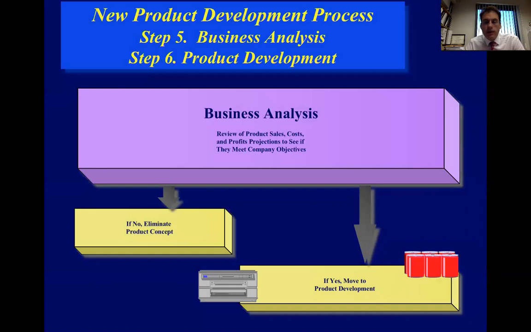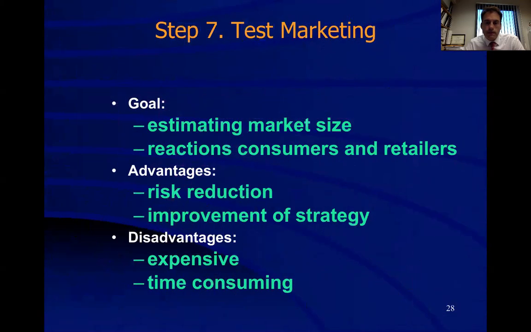Then steps 5 and 6 are the business analysis. So it's all about financial projection and seeing if it makes sense to put all these resources into this product. Then the idea is to minimize the chances that this will fail, or that it could be successful in terms of sales. But there are so many choices that you have to make, so many business options. You can't do everything, so you try to be selective in identifying the one that will generate the most profit.